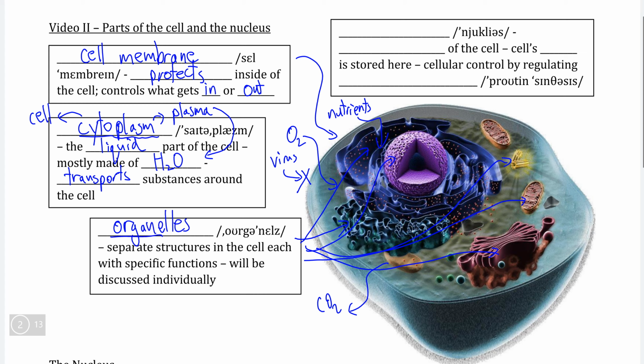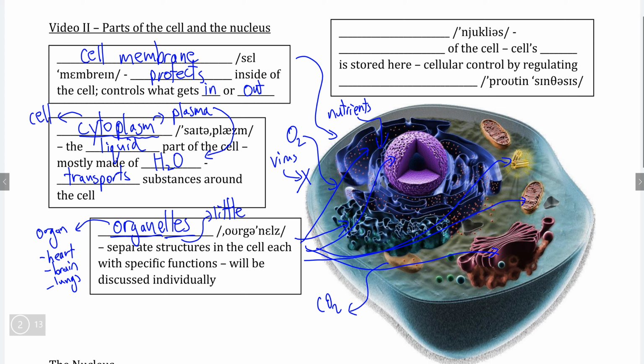So the root of the word organelles is obviously the word organ, and if we think of the organs of the human body, you can think of the heart, the brain, and the lungs are probably the first three that come to mind, and that's natural. The L suffix actually is what we call a diminutive suffix that just means little, so organelles are like little organs. So in the same way that your body cannot survive without a heart, without a brain, without lungs, or